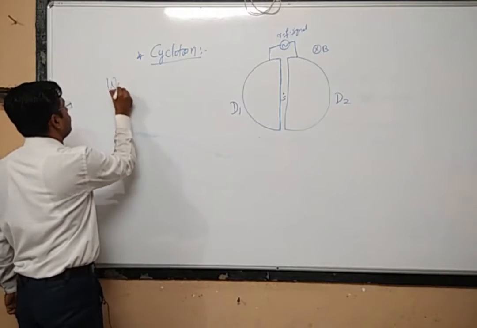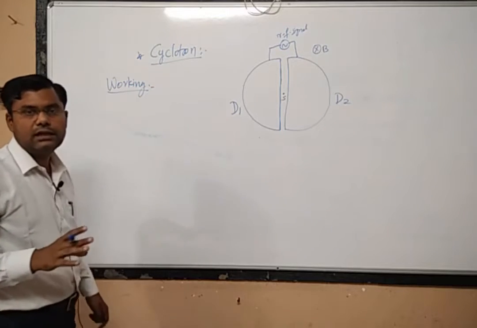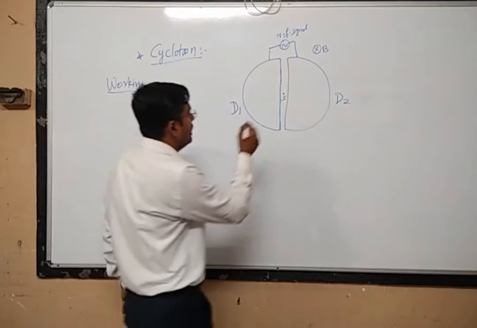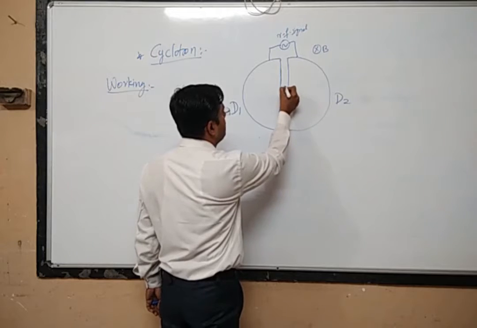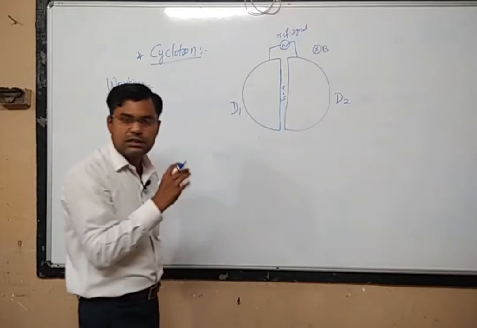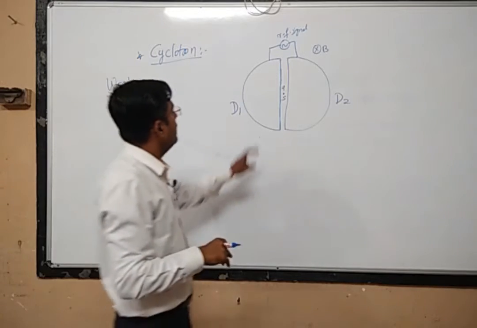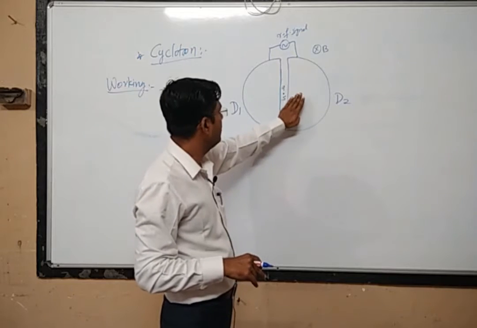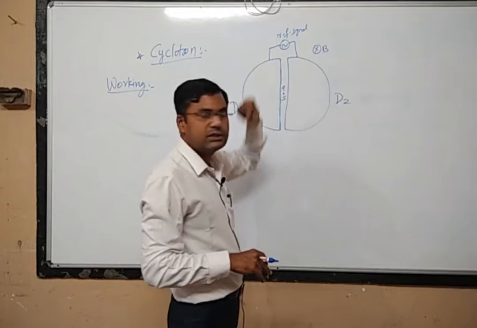The working of the cyclotron is also very simple. You can easily understand it if you understand the motion of a charged particle in an electric field and a magnetic field. Consider S as the source of ions, and it emits charged particles of charge Q. Suppose they are all positively charged. We have imposed the magnetic field, and we have connected the D's to an RF signal generator.